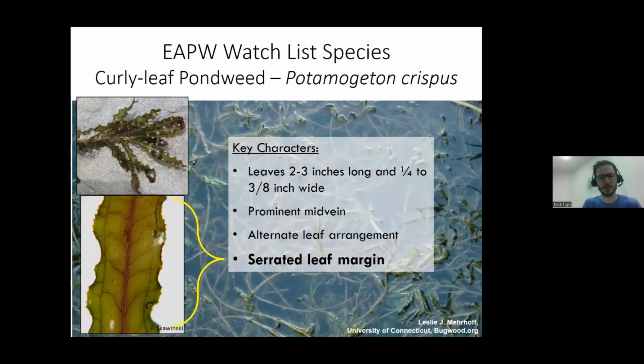If you can remember, I mentioned with that Eurasian water milfoil, it's whorled around the stem, so the leaves are all coming out in all directions. The alternate leaf arrangement would say, here's a leaf coming out of the stem, and then the next leaf would be coming here. So it's alternate on the leaf stem. So if you see a prominent midvein, and you see that they're alternate on the leaf stem, and then you look